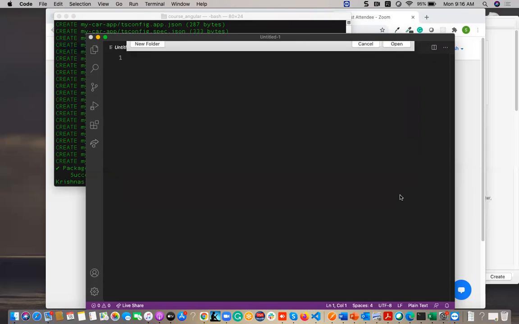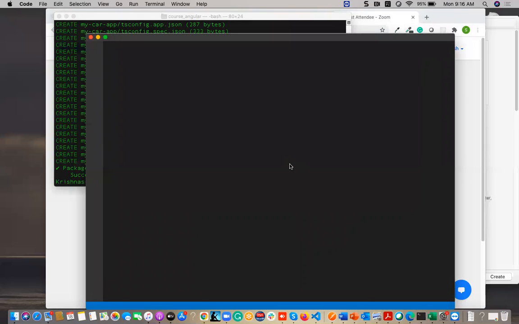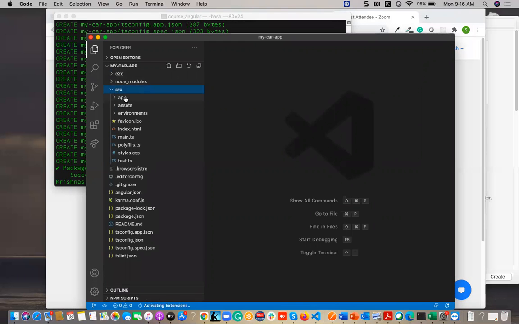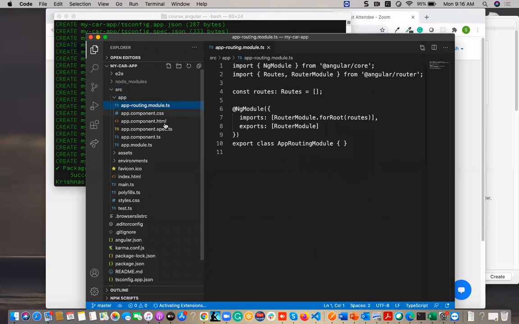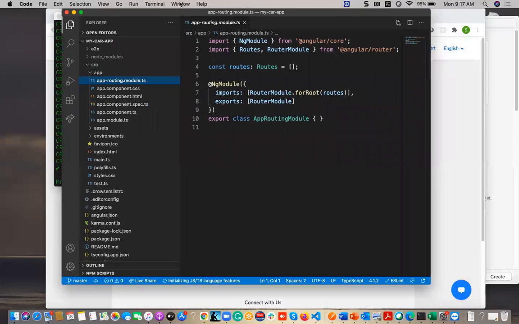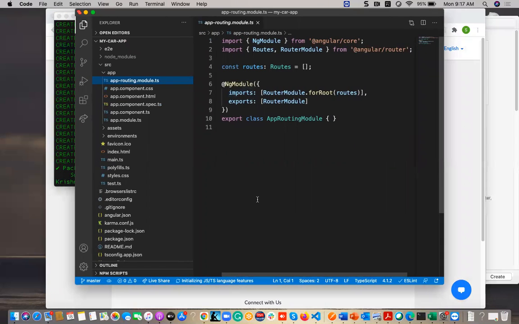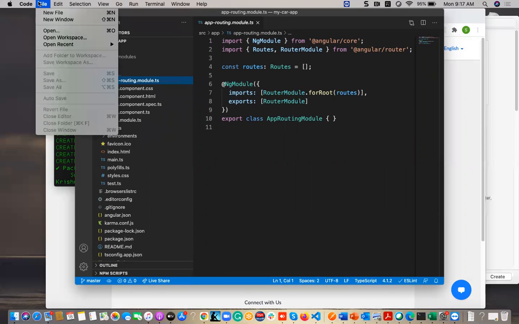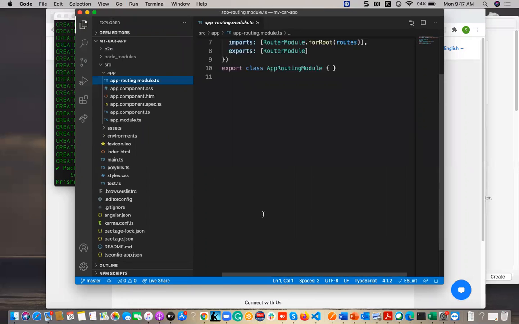This is the one I created just now. So here I'll find some defaults.